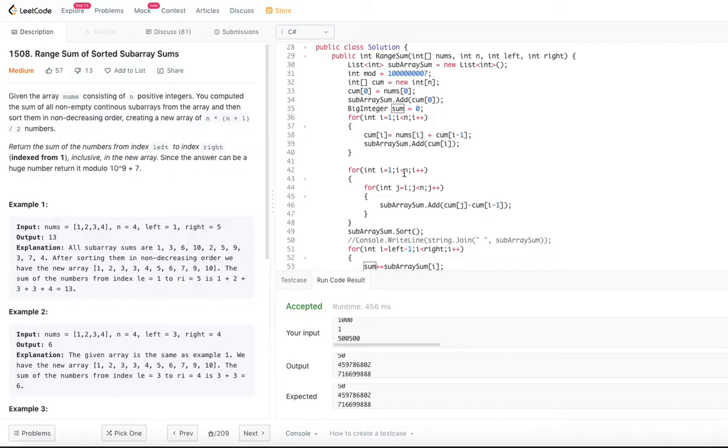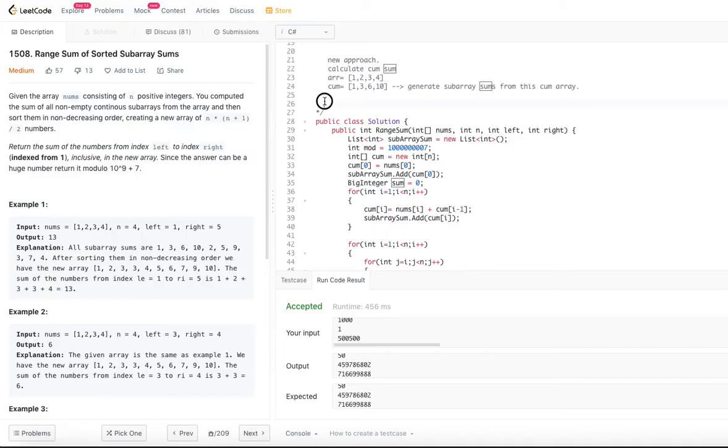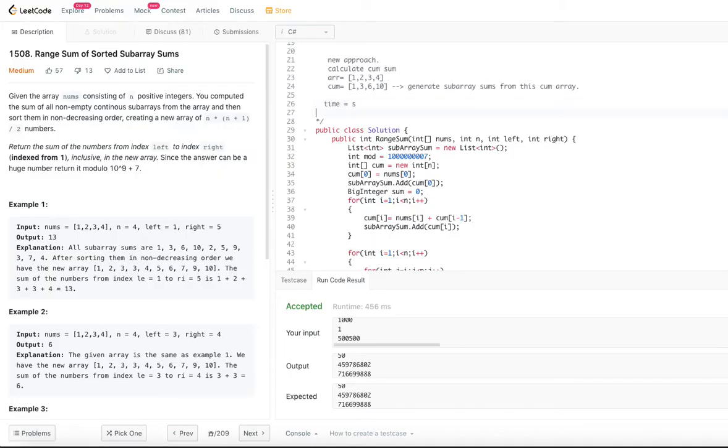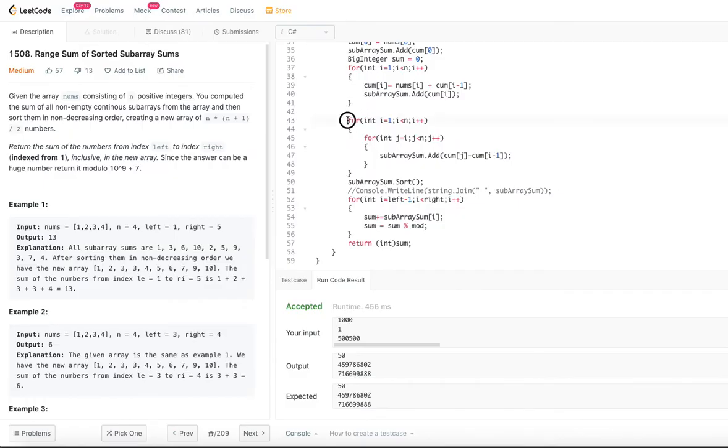So now let's go back and look at the time and space complexity for this, right? Time and space. So we are given there are n numbers, right? Good. So how much time we need to calculate the cumulative sum? It will be order of n, right? Plus how much time to get all the subarray sums?